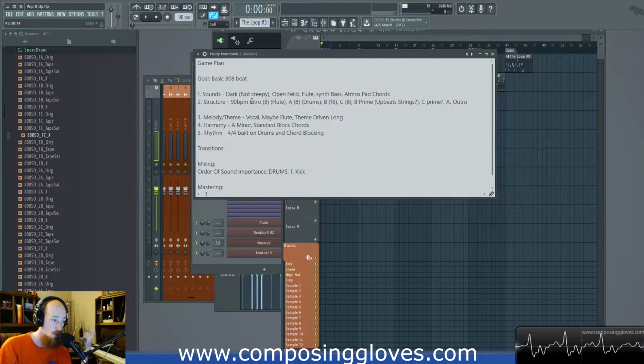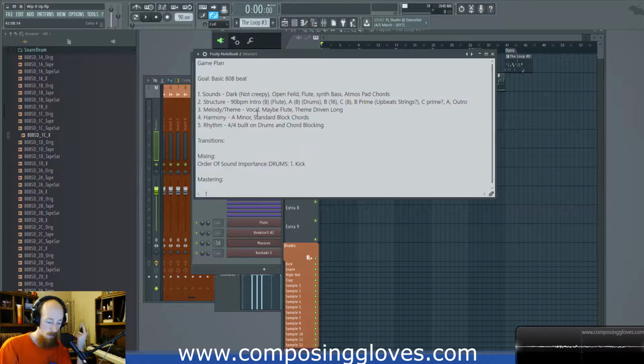We've already got a huge chunk of the song, but there are 3 other elements, right? We have melody and theme. So I'm like, cool. What kind of melody do I want? And I chose here, I said, I'm going to leave it out for vocals. So there's not going to be that much going on. But maybe I'll use the flute to create some sort of thing that resembles a melody, and I could even put something else next to it, not a focal point.